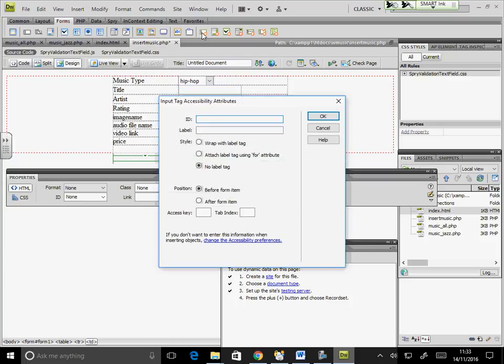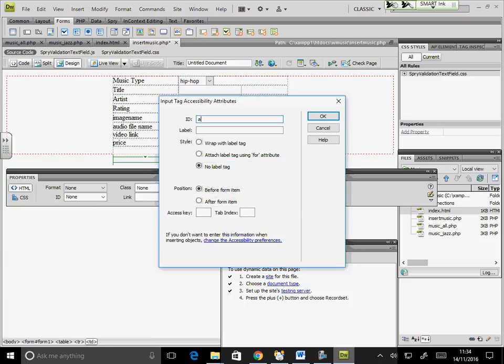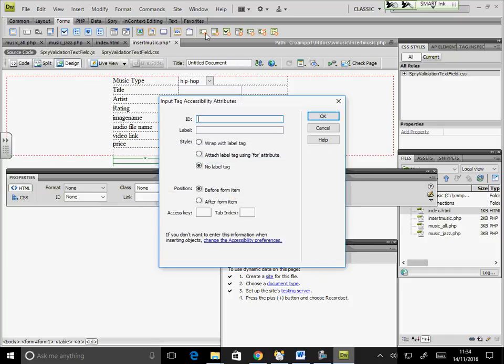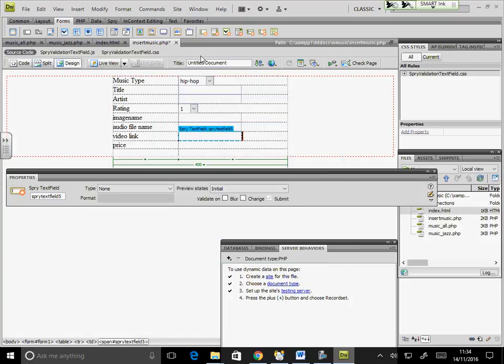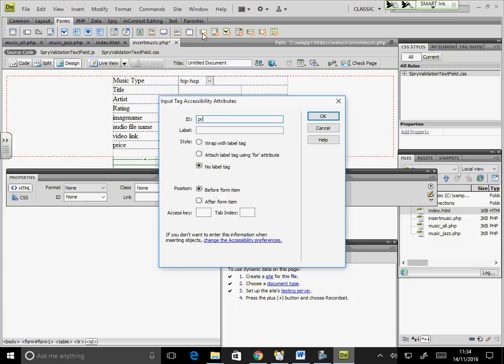So here, image name, insert audio file, and then there is price, which is here.